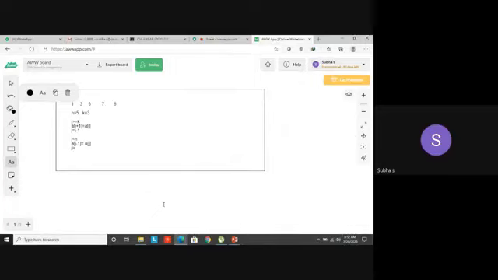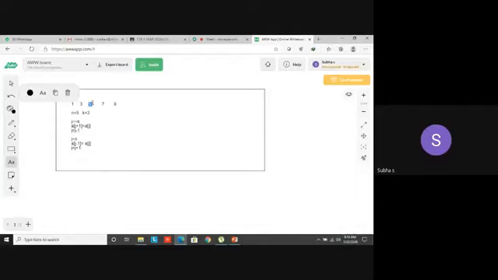J equal to j plus 1. So j less than n. What's my j value here? 3. So 3 less than 5. Condition true. So what will happen? The third position element will go to 2. A of 3 goes to A of 2. So A of 3 is what? 0, 1, 2, 3. 7 comes here. Yes, j value will get incremented. 4 less than 5. So the fourth position will go to 3. That means 0, 1, 2, 3, 4, 5. So this 8 will come here.